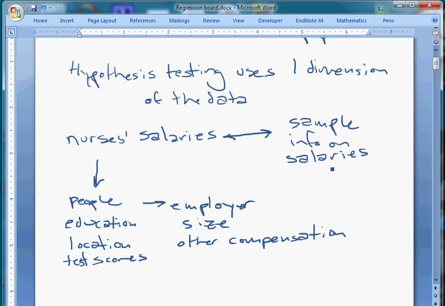In any case, we might care about the way in which two characteristics for an individual are related. So we have info on salaries. One of the most common questions people like to ask is, how does education affect salaries? Do you earn more money? And does education affect salaries differently across different places? If you get an education in a city, there might be more employment opportunities, which means you might have more opportunities to take advantage of that education. On the other hand, if you get an education in a rural area, maybe your job is the only good fit for you in that area, and because there's a thinner market, maybe there's a differential effect of education on salary, depending on where you are.